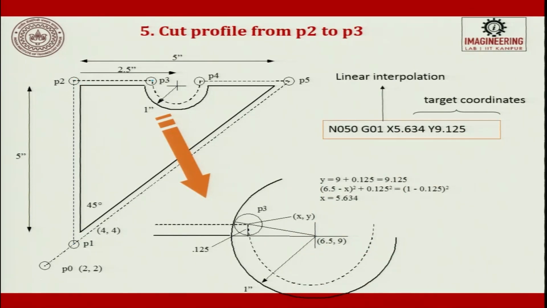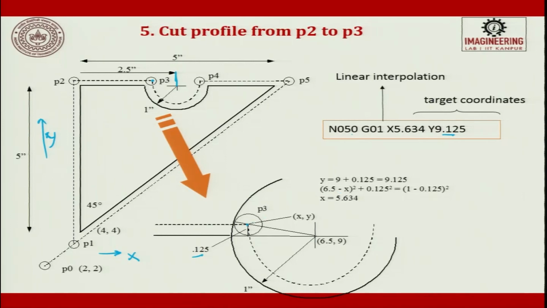Then from here I have to come up to here. So this is N050, G01. From here it is 9.25, which is fixed, and I know the length up to here is 2.5, and this radius is 1 inch. Now I have to subtract it and find out what P3 is. P3 is a point here. We know the diameter is 0.25, so the radius is 0.125. This is your x axis and this is your y axis. So the x value will be 9.